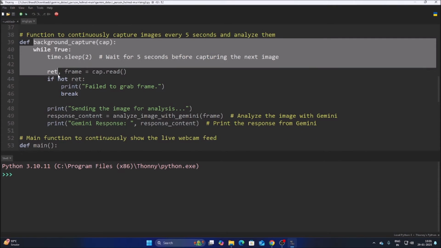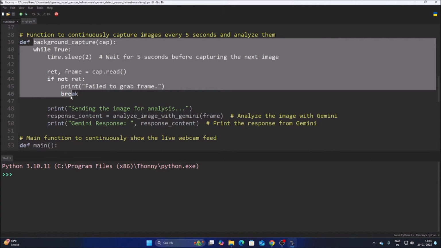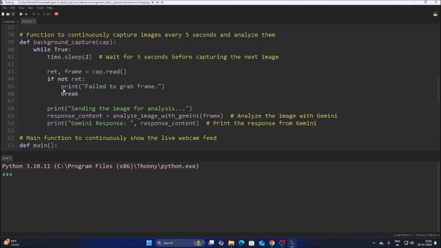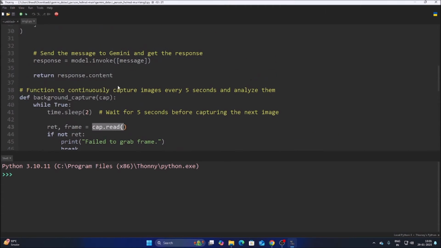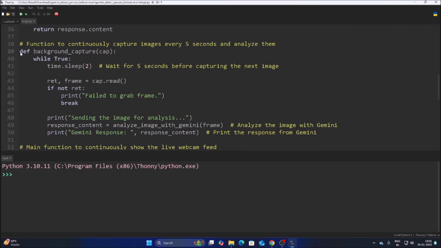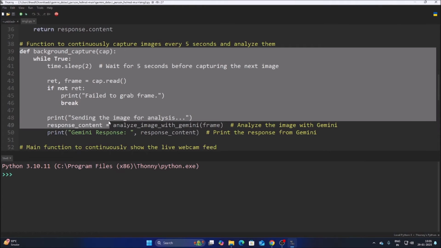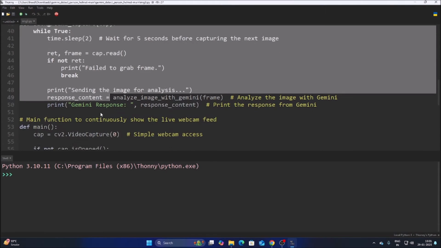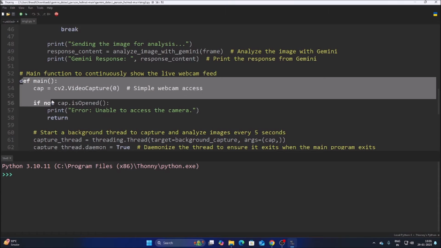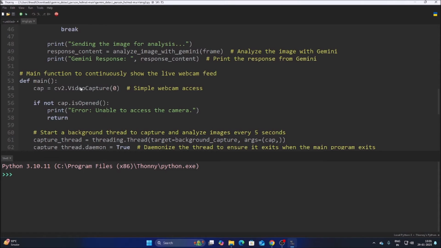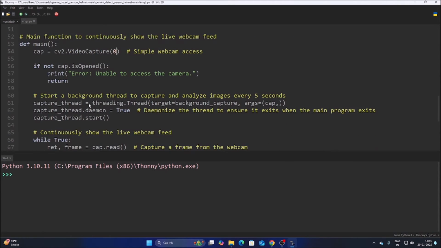This is the background process for capturing the frame. Here, as you can see, I have mentioned ret, frame = cap.read(). So this is the background capture process which runs separately as a thread. Simple. So here this is the main, def main, cap is equal to cv2.VideoCapture, and then here it is,